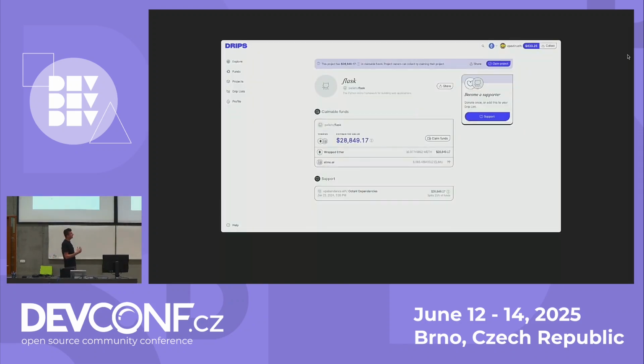And there are not only crypto and Web3 projects, like for example, Flask. If you know someone from Flask, just tell them they have $28,000 sitting there waiting for them to claim that repo. Someone donated $28,000 to Flask and they said, we don't want the money. So there are non-crypto projects there, some of them already claiming, like from the Rust ecosystem, getting funding through that. So I think that's a very interesting approach to funding open source projects sustainably, so that even the smaller dependencies can get a cut from very popular projects.